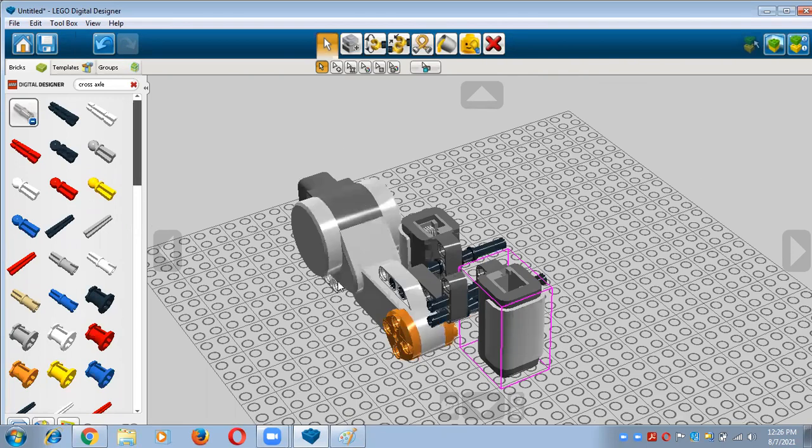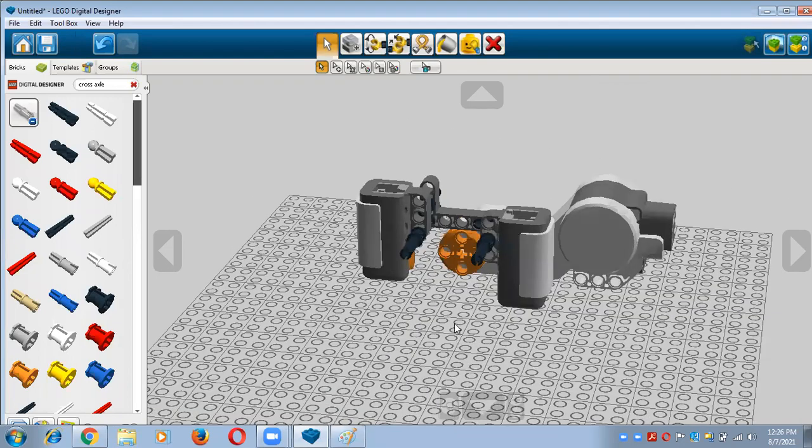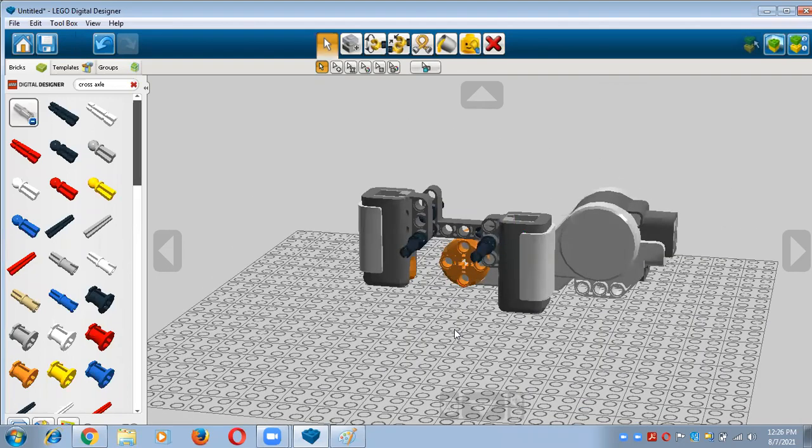Right? So I'm going back to my designing. In the next step, what should I do? We need one more part, and again its name is 3M cross axle, and one more part, that is frick snap. So I can take it by the help of the clone tool. So just do it and just click on that, and now you can see both parts are available on my work plane area.